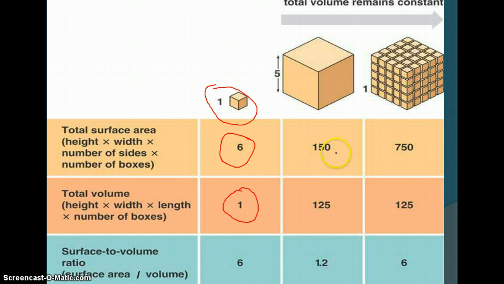But what happens as this gets larger? We notice in this one here that our box is getting larger and our ratio is decreasing. Think about the nucleus inside, or maybe your big old vacuole inside. As the volume increases and the surface area doesn't increase as much, it's going to be a lot harder for these materials to get in and out of the cell and for the DNA to work efficiently. This just gives a little bit of a visual of how that relationship happens, but the main thing is you want a larger